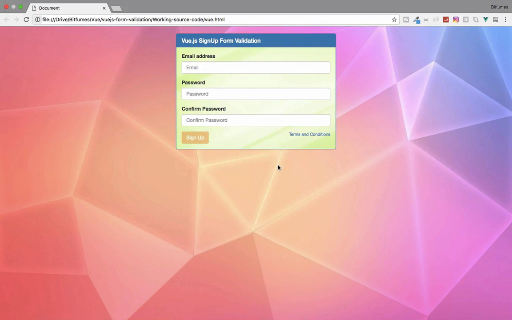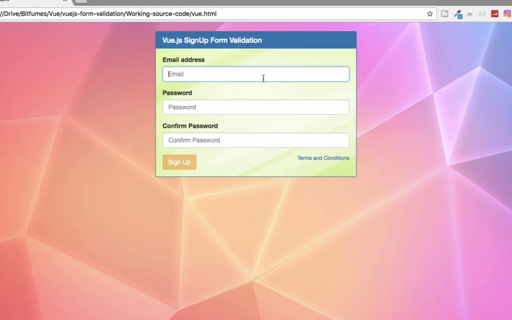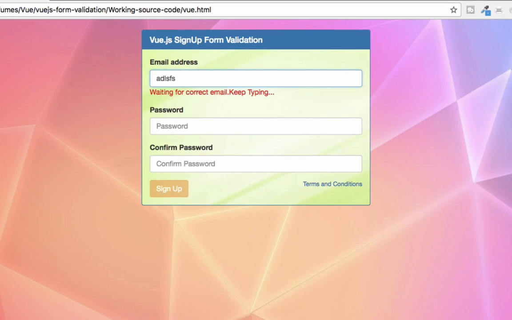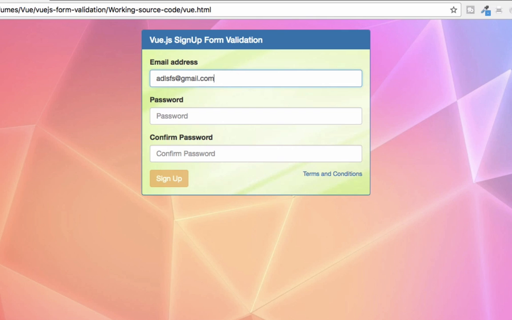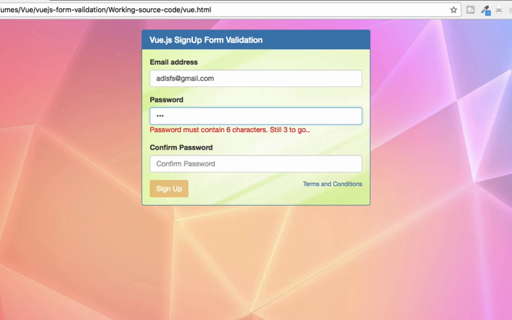So in this episode, we are going to create an awesome form validation system with Vue.js, which works like this. Whenever you start typing, it says waiting for correct email, keep typing. And when I give a correct email, it says nothing, that means no error. But what about password? Let's try 1, 2, 3, and you can see it says password must contain 6 characters